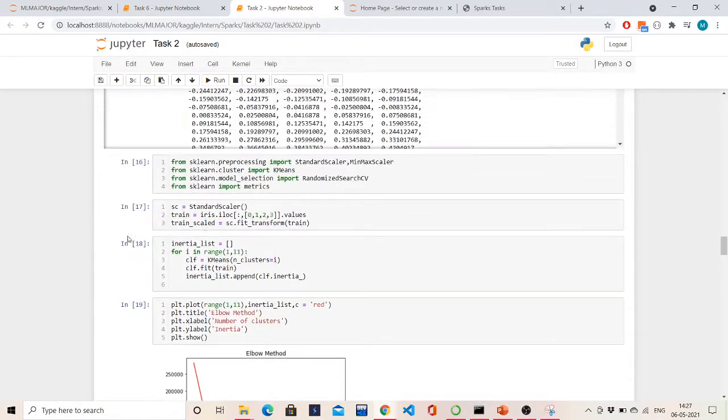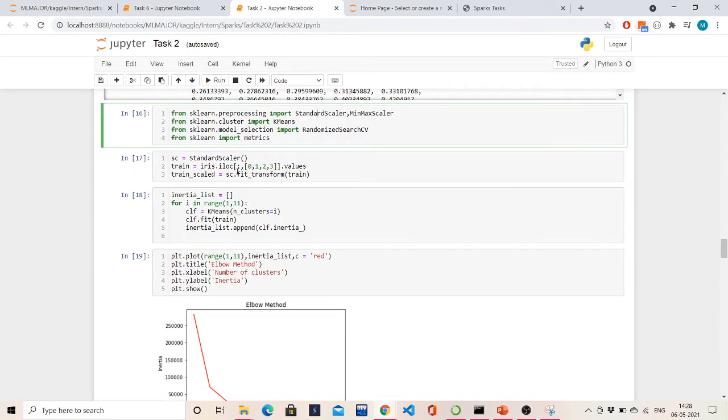For that I use standard scaler. We can also use min-max scaler. There is a little bit of difference. Standard scaler scales the values in a range around -1 and 1, whereas min-max scaler does it between 0 and 1. That's the only difference. Min-max scaler is mostly used in deep learning algorithms, because there the activation functions are generally in the range of 0 and 1. Rarely you can use the tanh function, which goes between -1 and 1, but most activation functions are between 0 and 1. So I chose to use standard scaler.